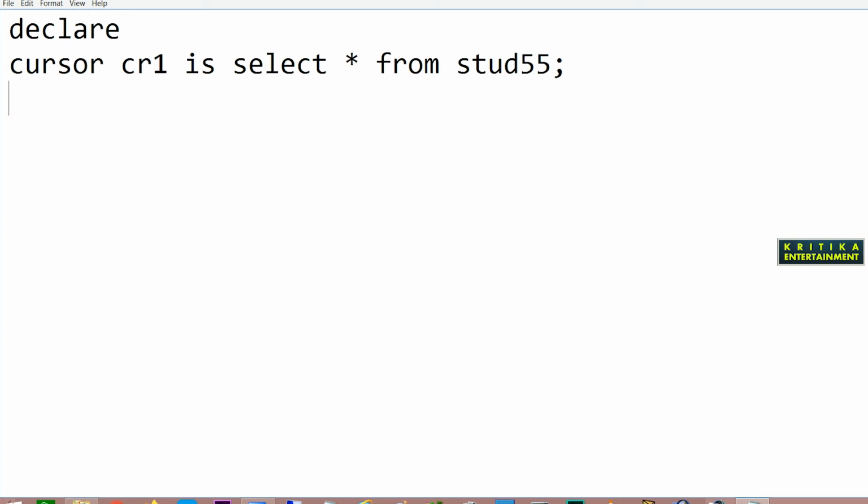Then you write begin, which is the main important section of PL/SQL.